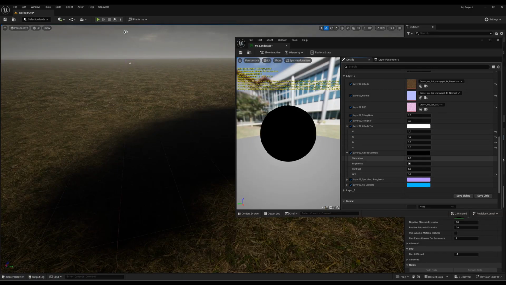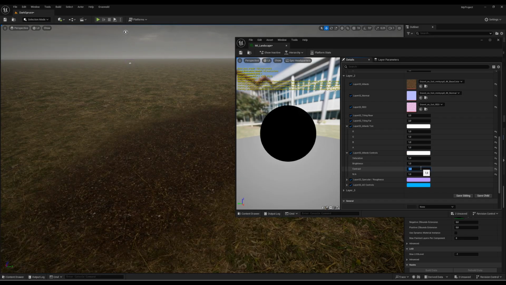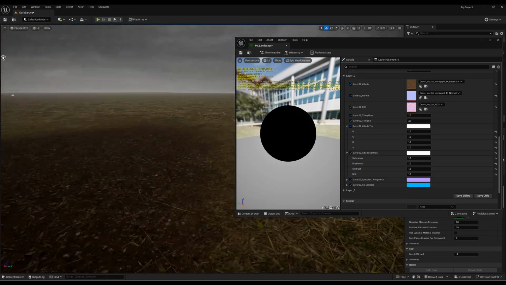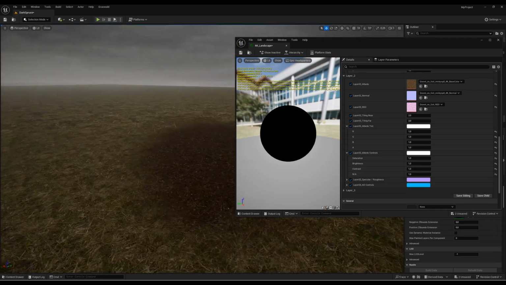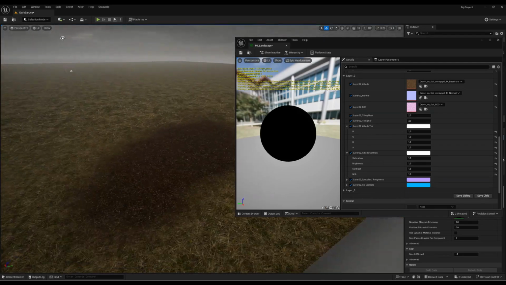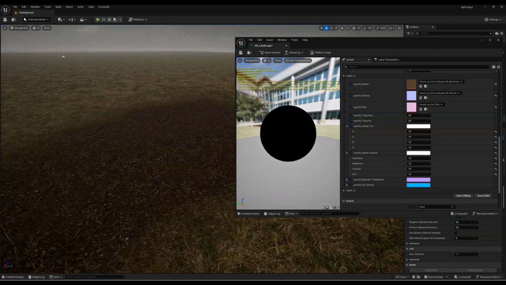So let's go to the saturation. Let's do 1. Brightness, let's do 1. Contrast, let's do 1. And this is all default. Now you can see we have our second texture. And of course you need to play with those values to make it look really nice together with the